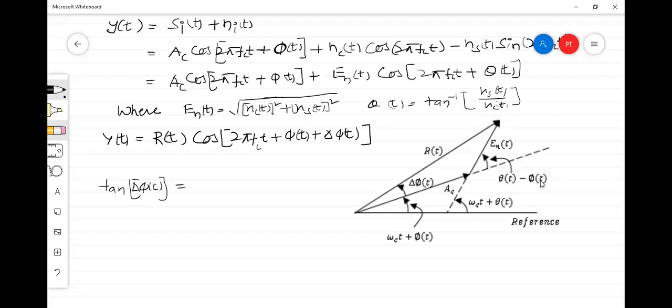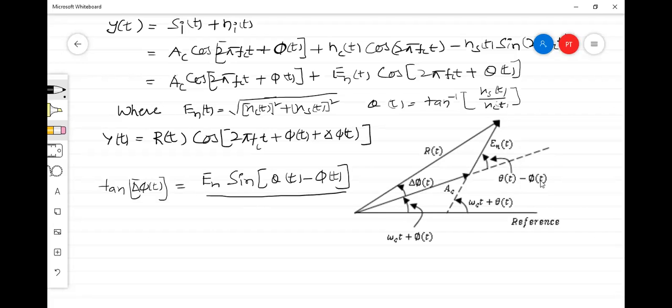Let me write that: e_n sin(θ(t) minus φ(t)), divided by